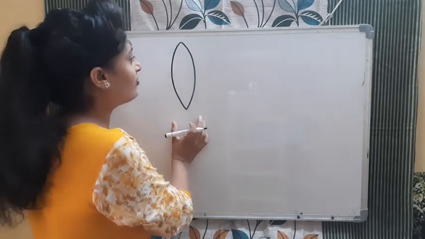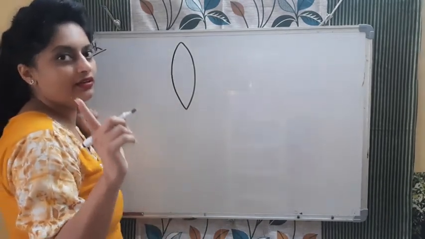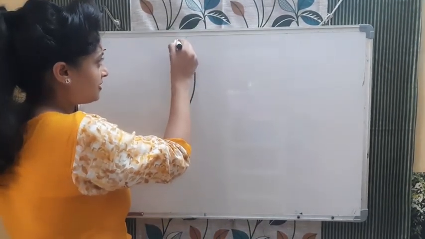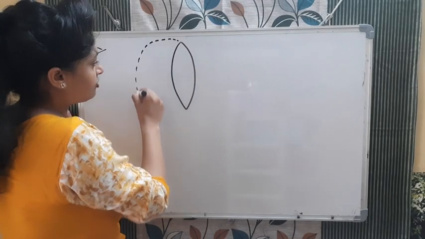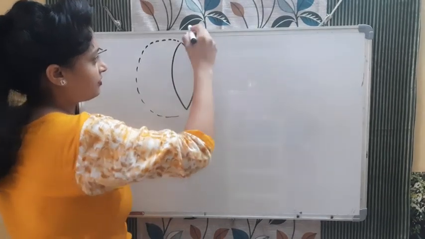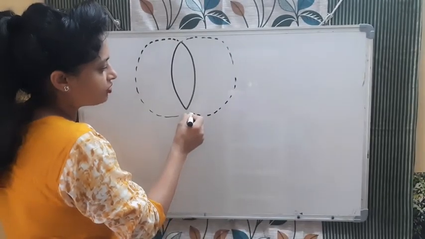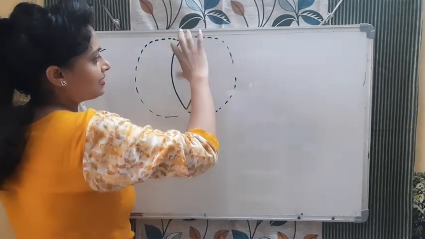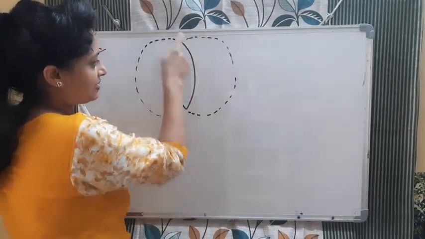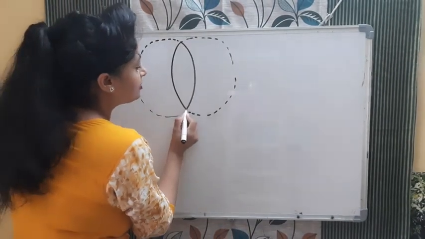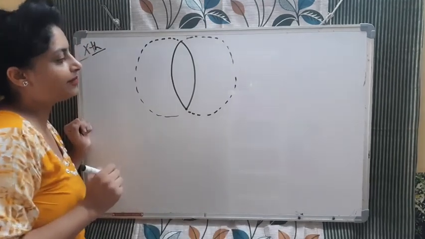Okay, this convex lens has two spherical surfaces. One is this one. If we take this first spherical part, maybe this is coming from this kind of sphere, and the second, you don't need to draw it. I am just drawing to make you understand. So this part is from this sphere and this part is from this sphere. So we can say that the double convex lens is made up by the